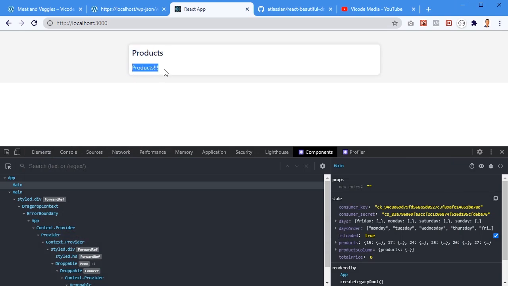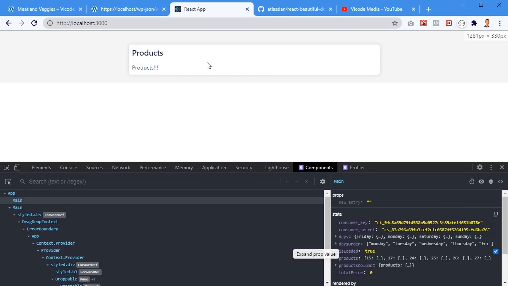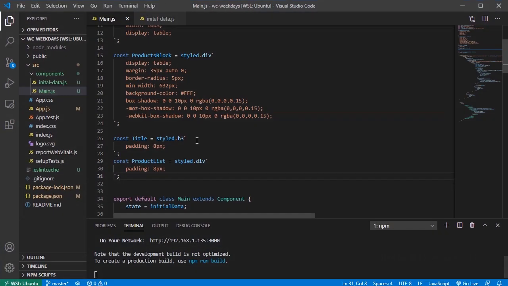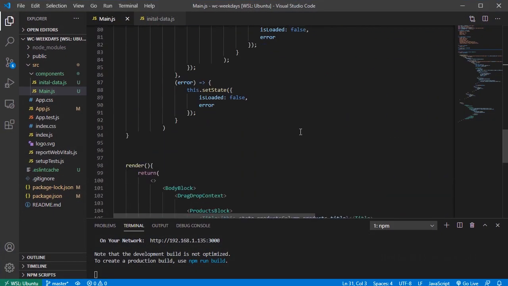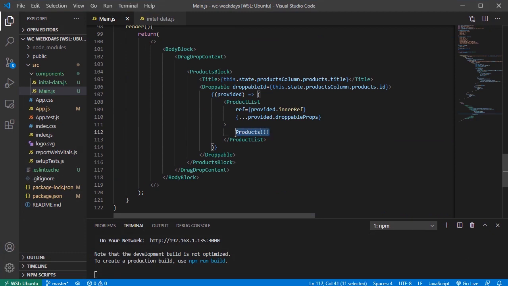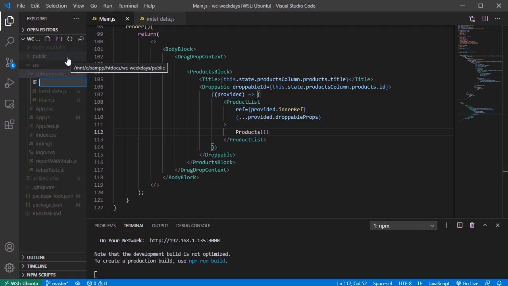Now where's the products? I want to loop through my state and output the products here. And I'm gonna go all the way down where my products are. Actually, first of all, I'm gonna have to create another component for products. So in the components folder, let me create another component, and this is going to be called Product.jsx,